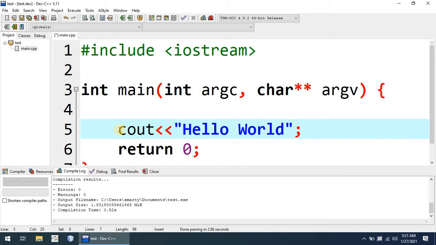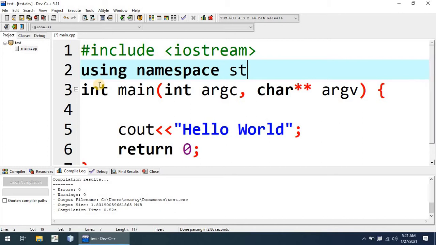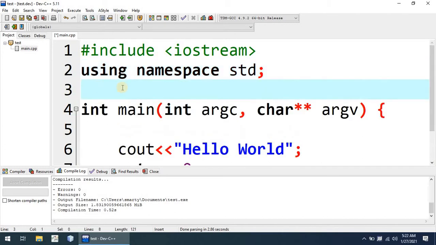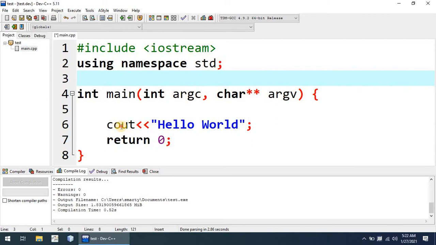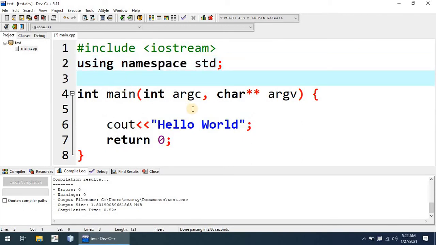For using the cout object of iostream, we have to use the standard namespace: using namespace std, so that we can easily use the cout and cin objects. These console objects are defined under the standard namespace. We can also define our own user defined namespace in C++, which we will discuss later.